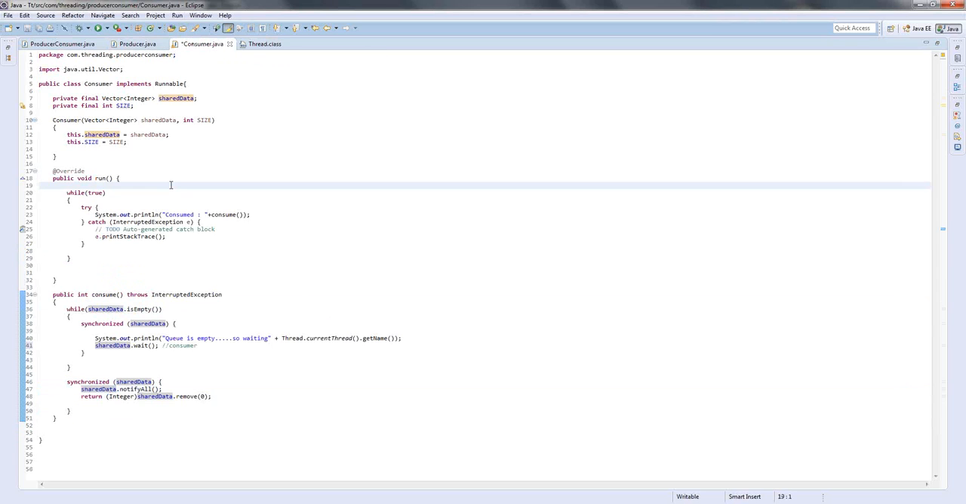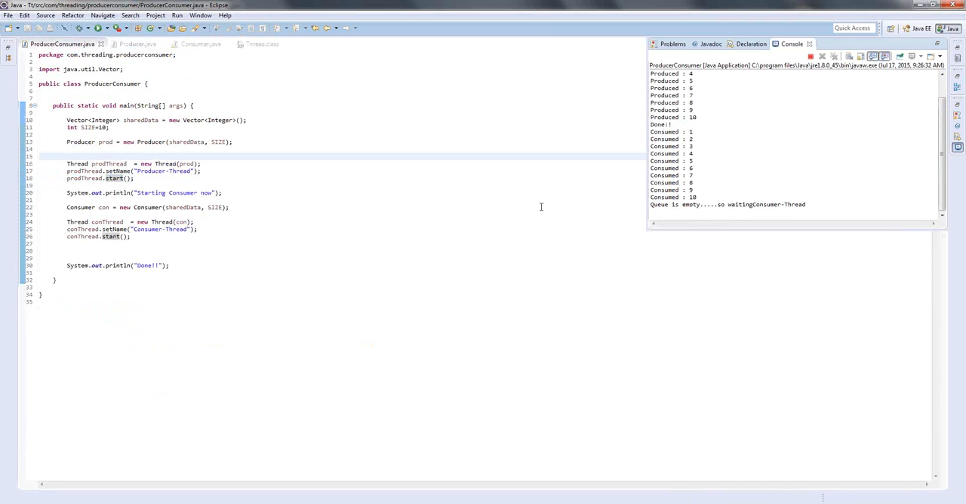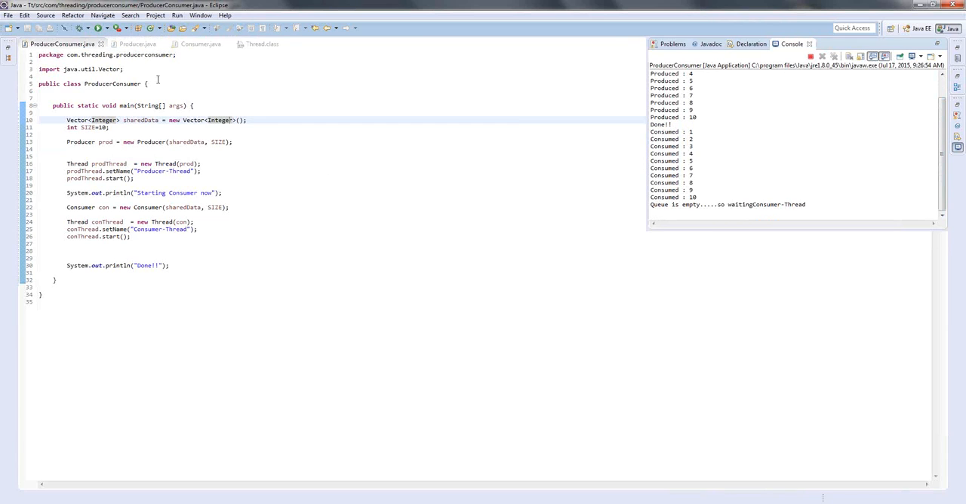Is it okay? It's not easy, so don't worry if you get confused and are not understanding a little bit. So here, see, starting consumer now, and the producer has produced all 10 elements, and then the consumer is consuming all of them, and then the queue is empty, so the consumer thread is waiting. So it will never be a situation like